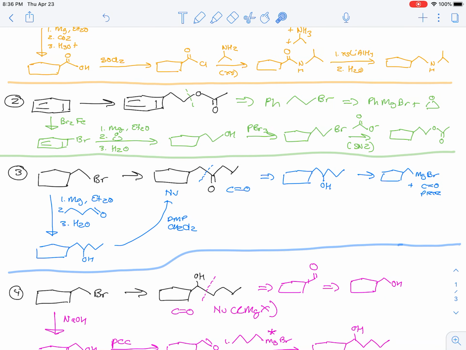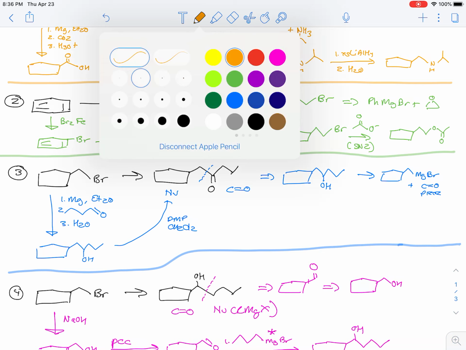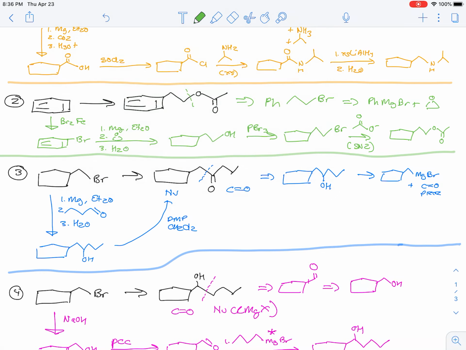So in number 2, we start with benzene, and we need to make a bond to the ring, to the benzene ring, and in doing so add 2 carbons. And generally, if you're adding 2 carbons, a great way to add 2 carbons is by using an epoxide. So let's work backwards here. Again, if we